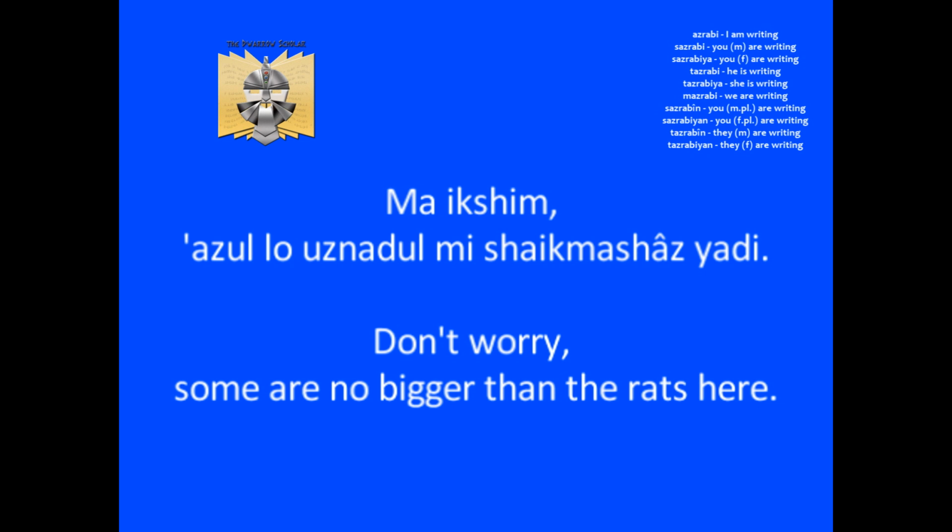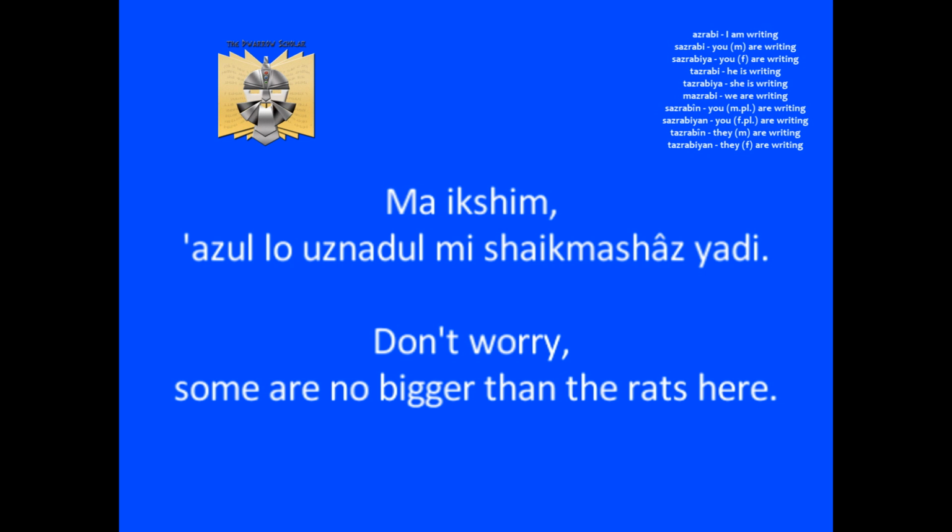So it seems spiders aren't Nara's only worry here, as there are also rats in this mine, and to make matters worse, DC seems to have the time of her life teasing her poor friend Nara. The word shaikmashaz seems a rather long word, perhaps. That's because it's made up of two different parts, a compound word, in fact. So it's shaik, being the word for craven or coward, while mashaz is a general word used for rodents. So putting this together, we get shaikmashaz, meaning coward rodents, the literal translation of the word for rats in Neo-Khuzdul.